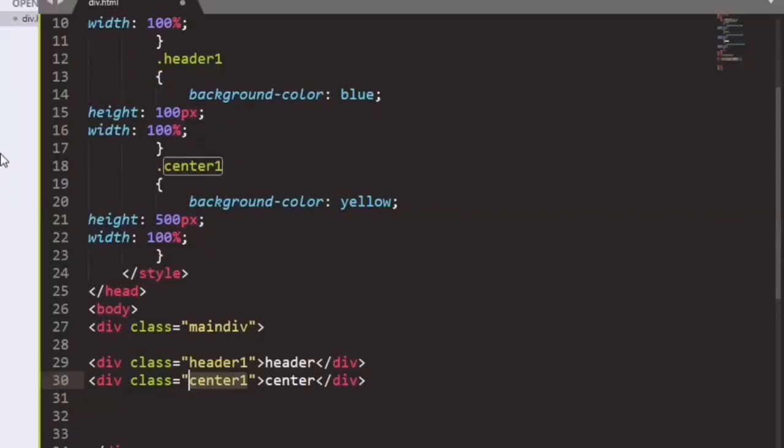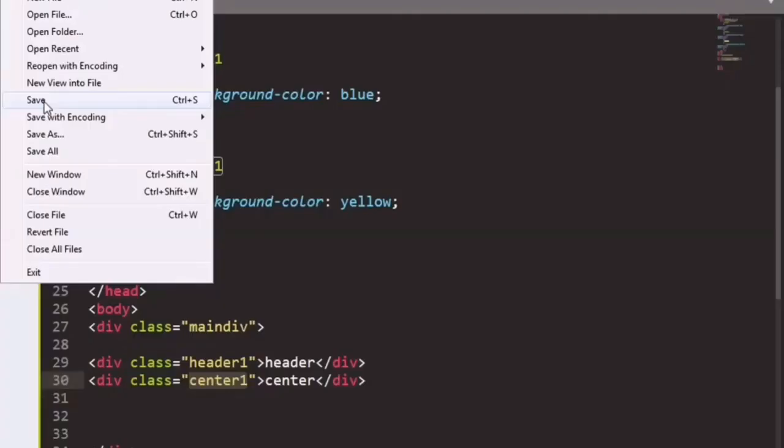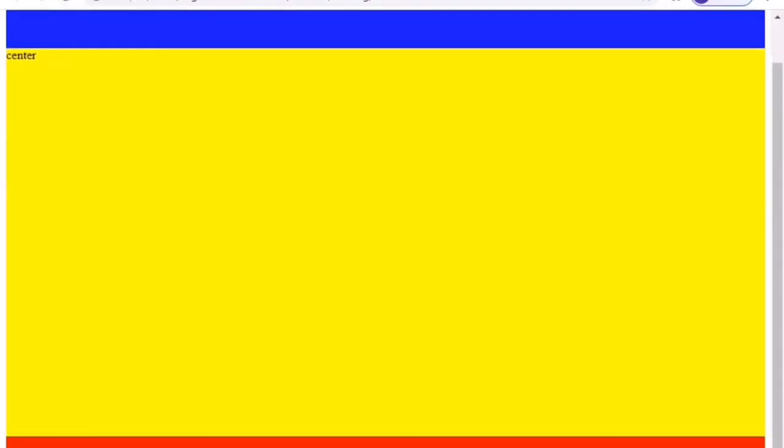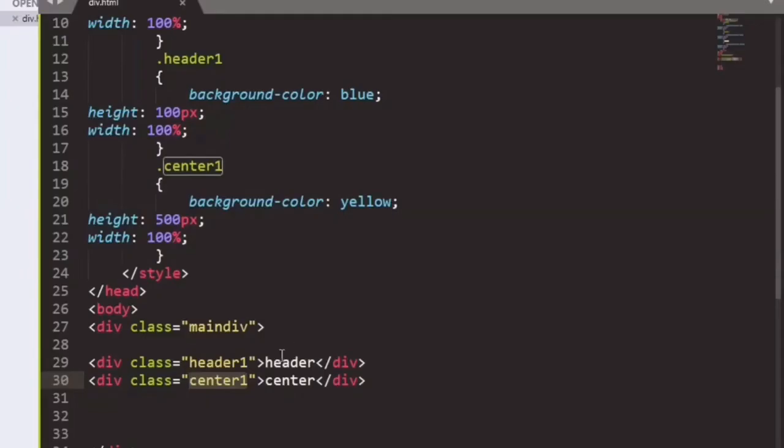As we have given here center 1, so the value would also be the same. Save the file again, go to the browser and you can see the 3 divs being created, the header, center and the main div that is in red color.